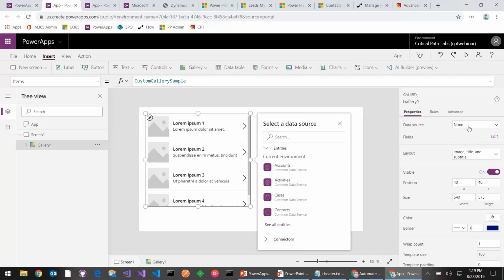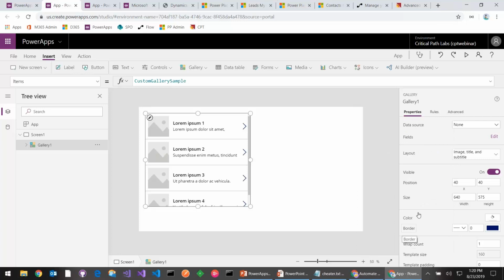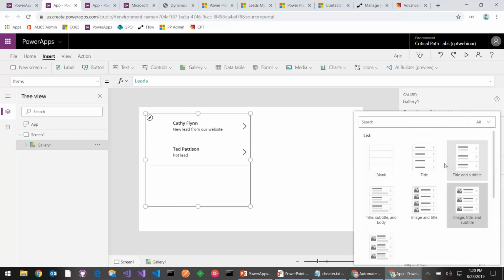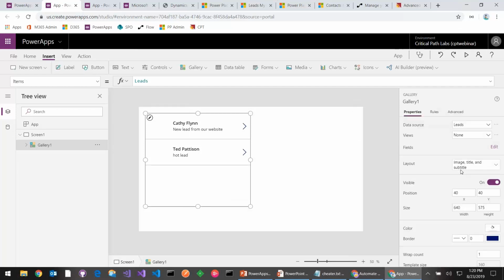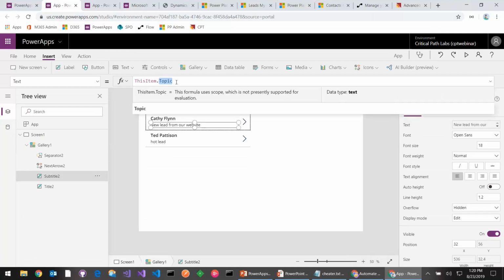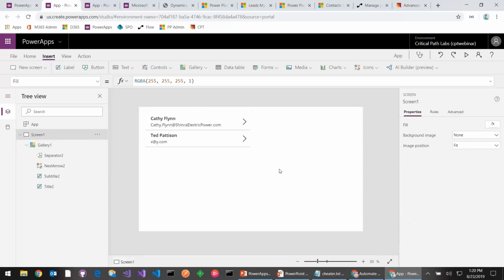Once I insert a gallery, I can create a connection. Note that the PowerApps environment is getting more tuned in to Dynamics 365. Okay, so there's the one I want to build it on, leads. And after it switches to leads, once again, I can switch this over to, let's say, title and subtitle. Same thing, I can come in here and switch that to email. Okay. And then, let's say that I want to add something new. So let's go over here to